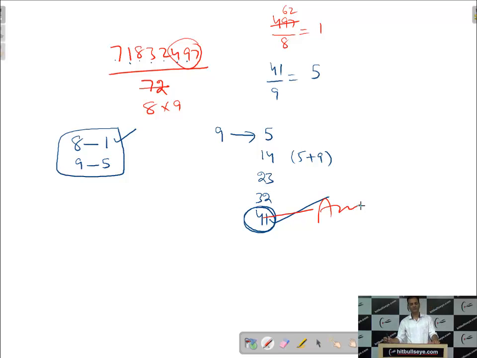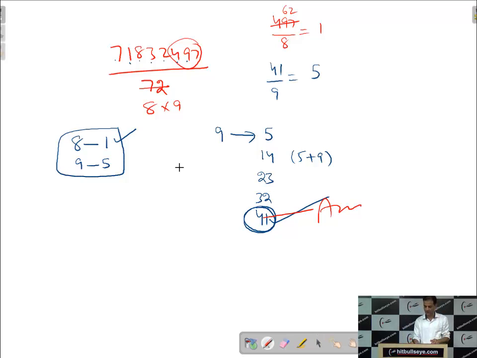If you want to check, you can check it by the method which we have learned in school. 71832497 divided by 72. Surely students will get 41 as a remainder. I think the concept is clear. We have to see. You can also write